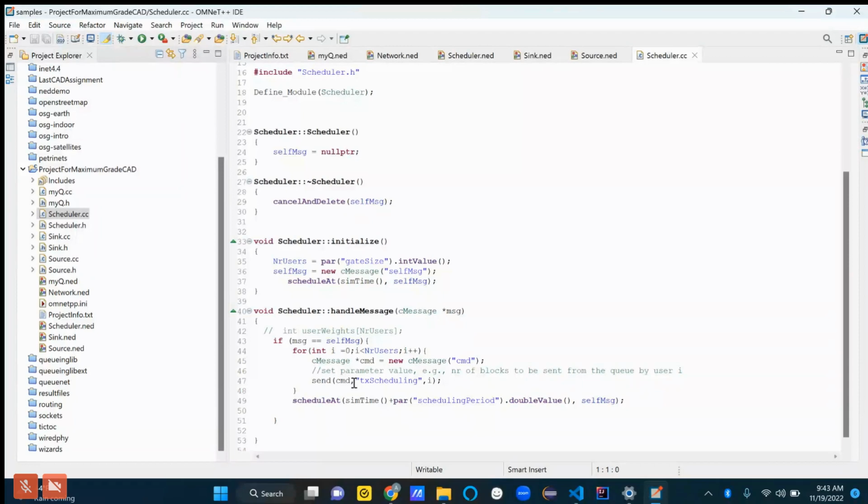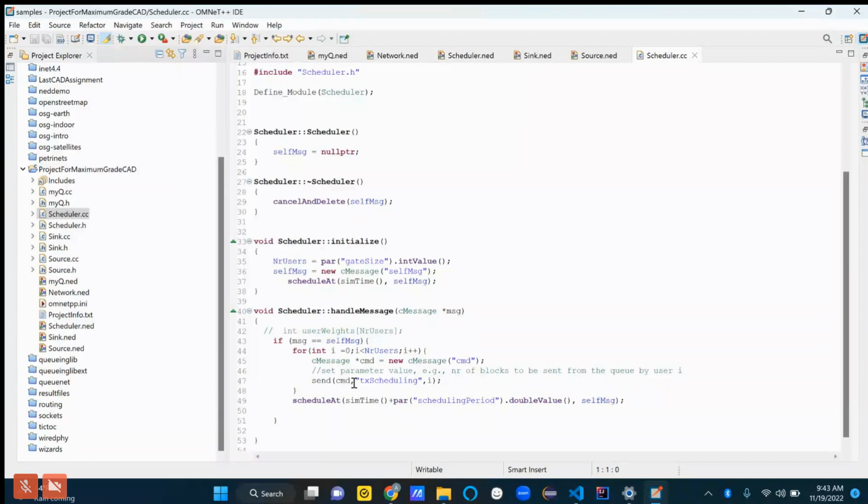And then the constructor for scheduler is just, well, we have some null pointer for this self-message field. Sure, whatever that is. Apparently there's a self-message field in scheduler. We could see that in scheduler.h if we wanted to. And then, all right, we have this destructor. Doesn't really matter. It's basically the same thing every time.